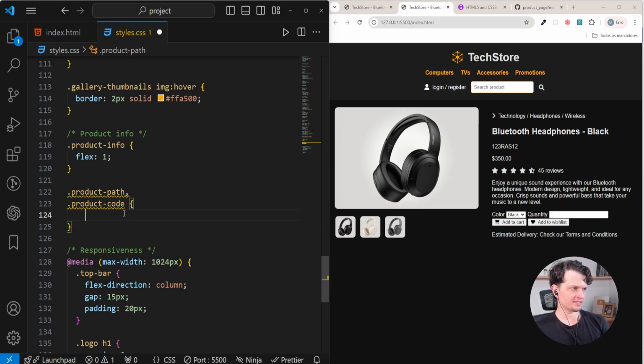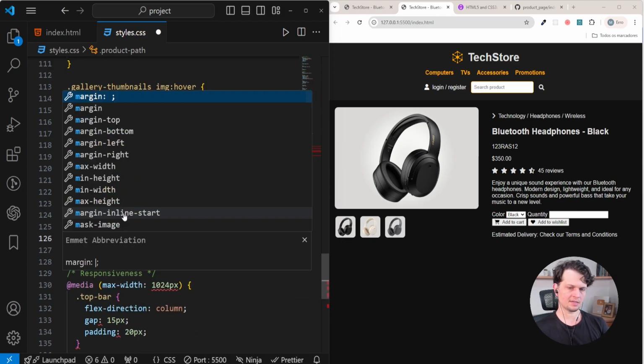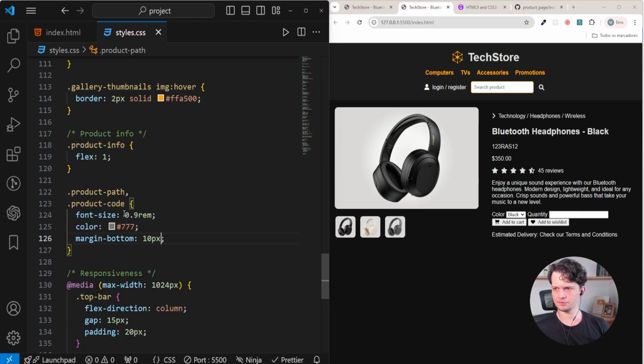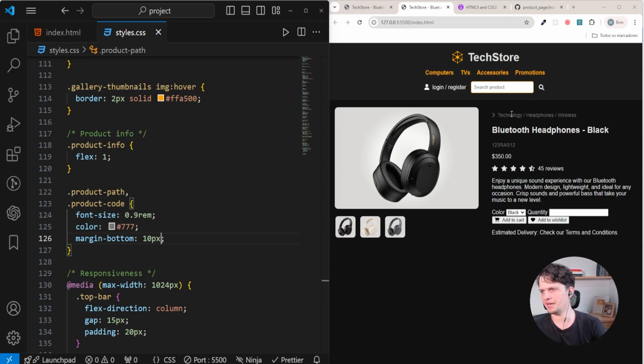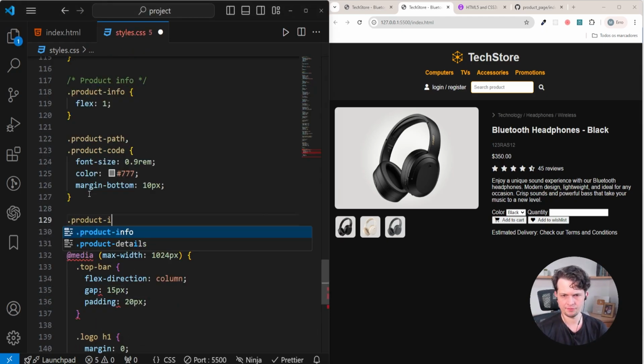These elements have the same styles of font size 0.9 rem and color 777 and a margin bottom of 10 pixels. So we apply the styles to this element and this here, and now we go for the product info